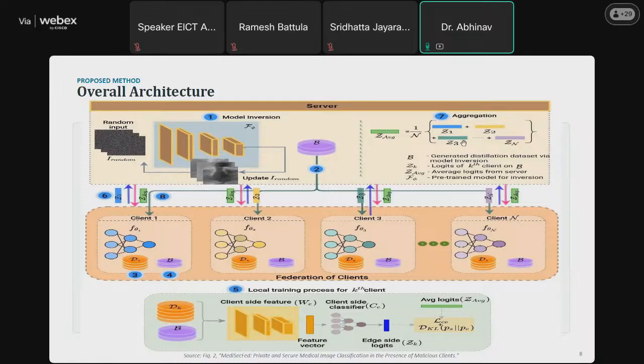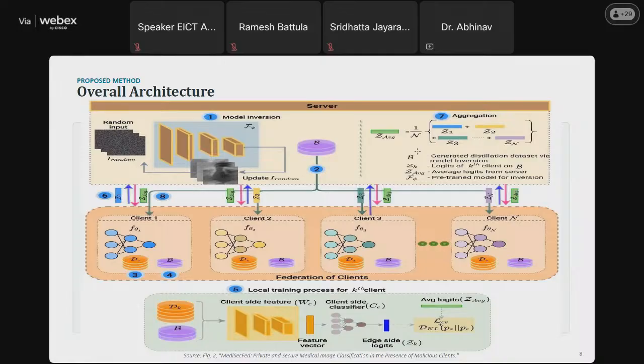Now coming to step 7, logit aggregation at the server side. The server receives logits from all participating hospitals. Instead of averaging model parameters, it computes the average of these logits. This produces the aggregated knowledge, Z average.